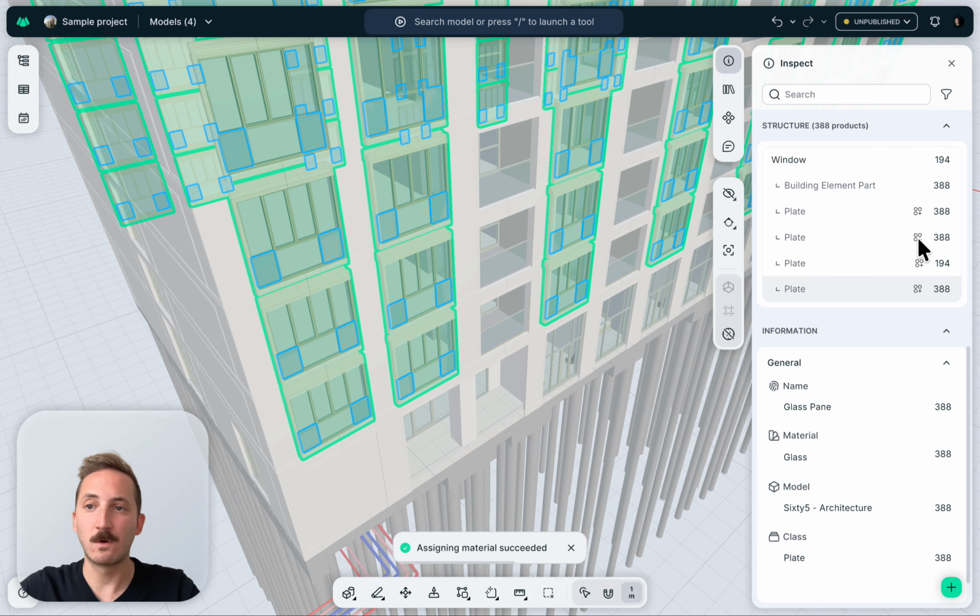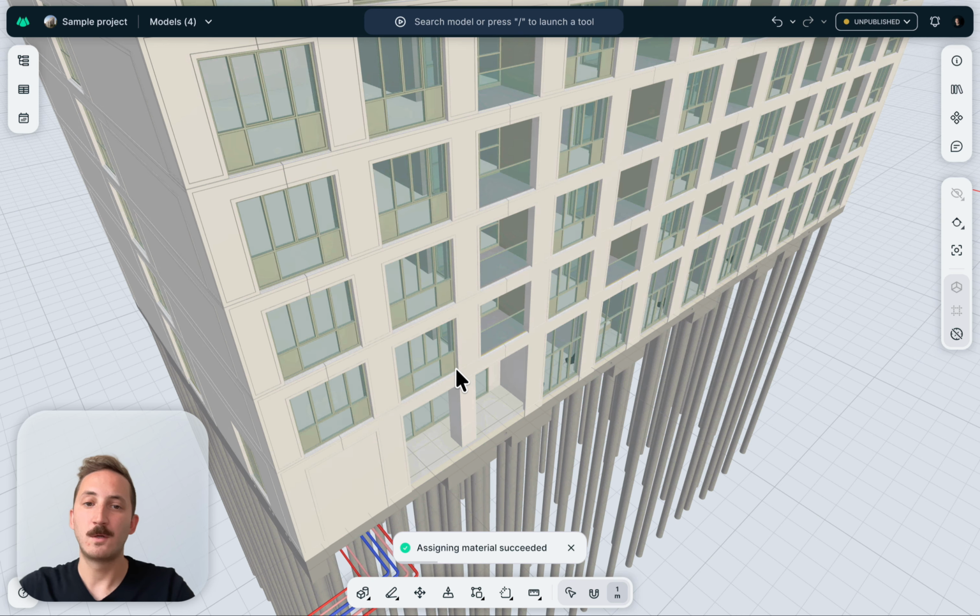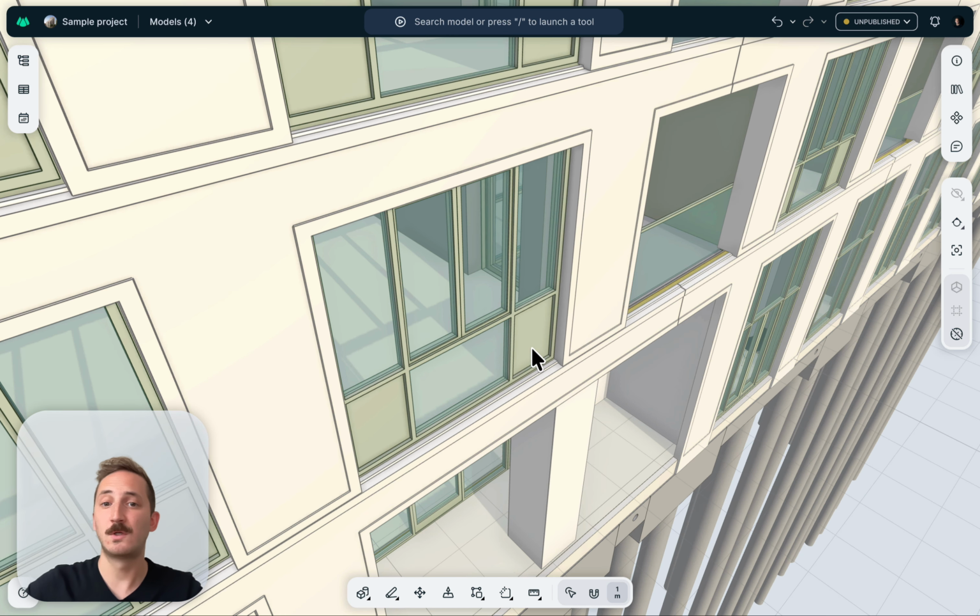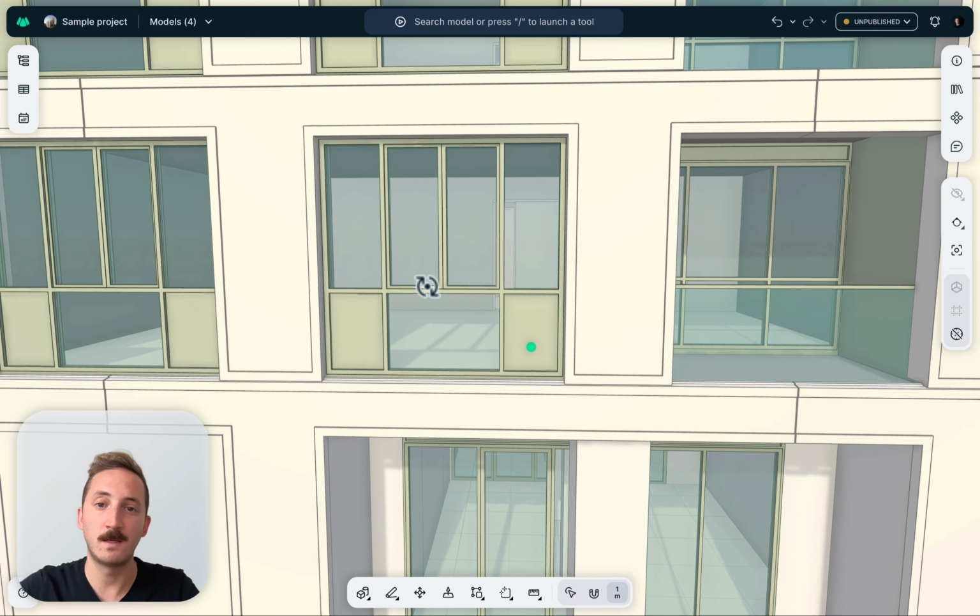So this can be used for all kinds of use cases where you want to find similar geometry. Maybe you've imported geometry from a tool where you don't have all the necessary BIM structure, and you just want to add some properties to a specific object with a specific shape. It can be very useful to find